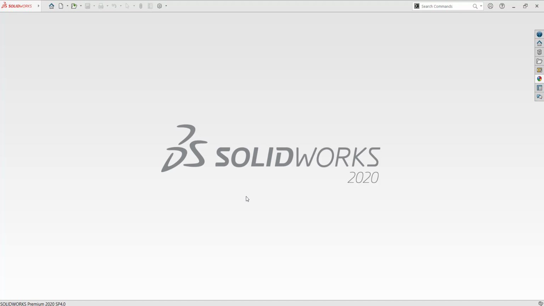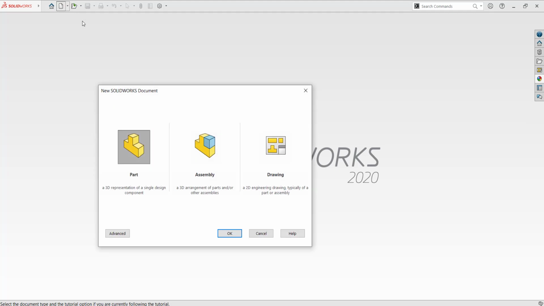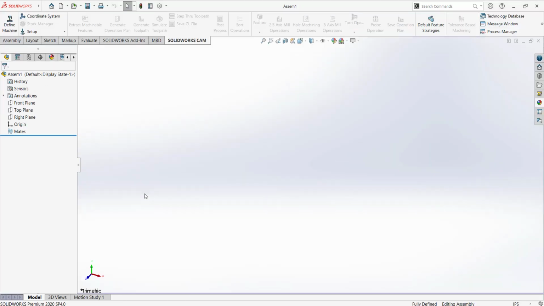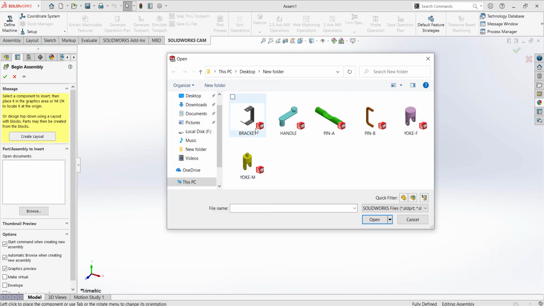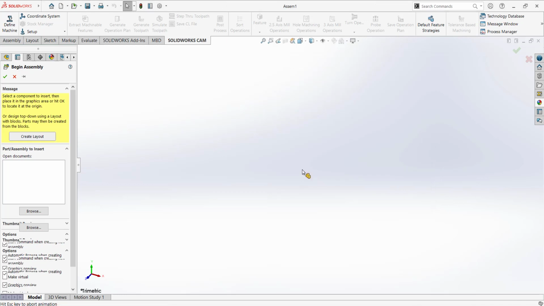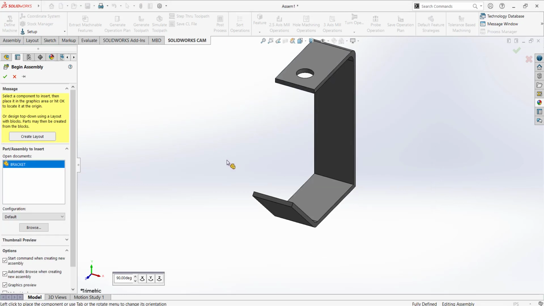In this video I am going to make the assembly of universal joint. So select assembly, and now we needed to add the components in the assembly environment. So first I am going to add the bracket, place it here,